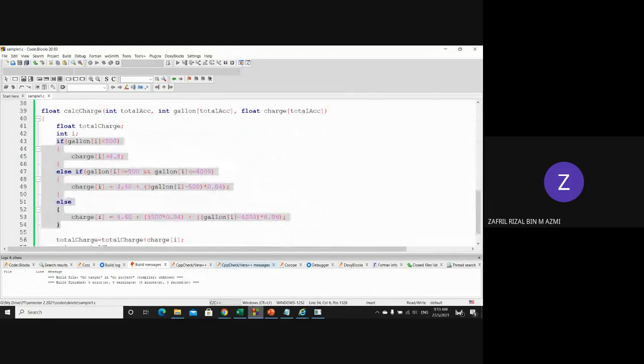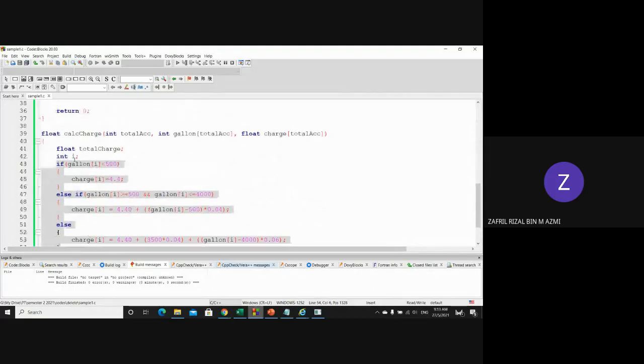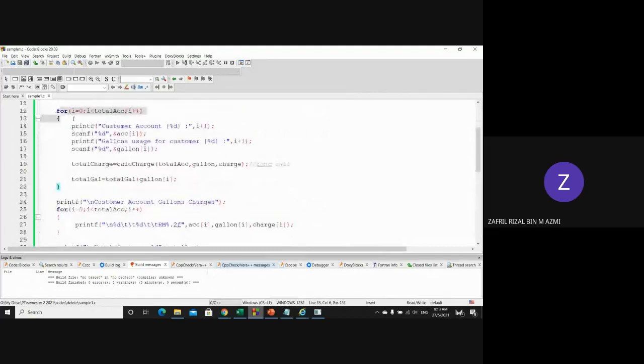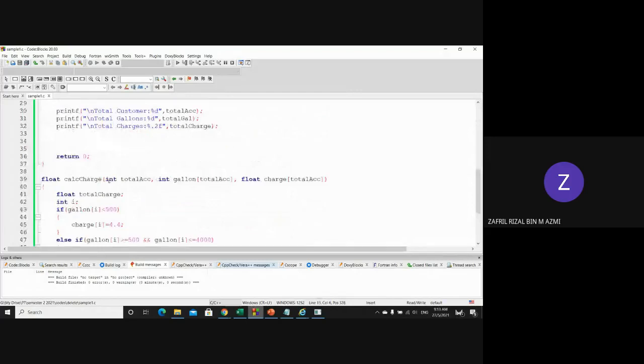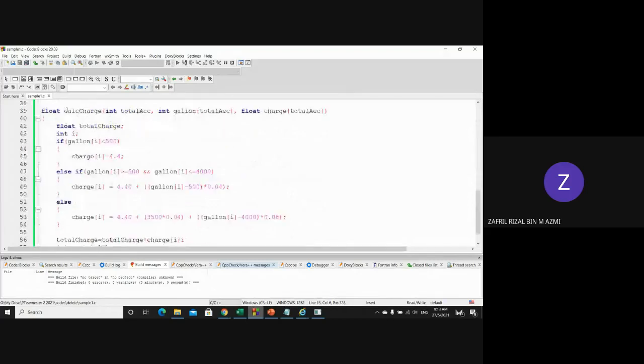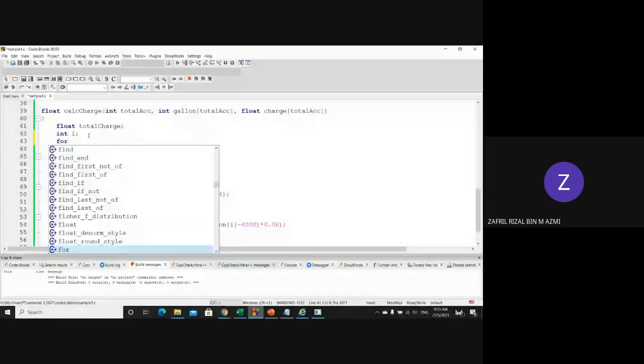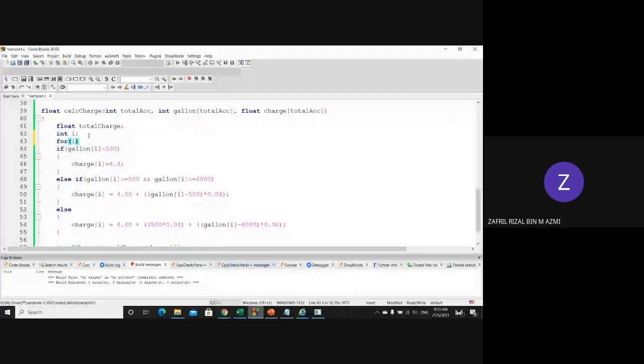So you cannot assume that this for will cover everything inside over here. Cannot, right? Because it is a different function, right? So you need to put this in its own loop lah. So i equal to 0, i less than